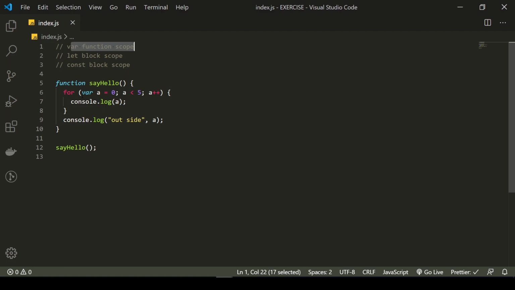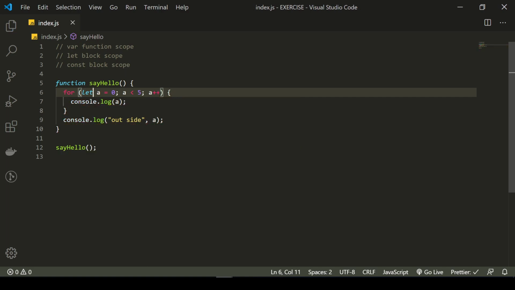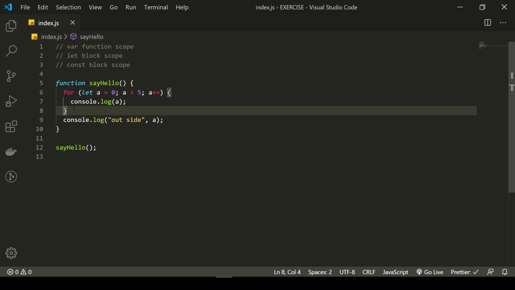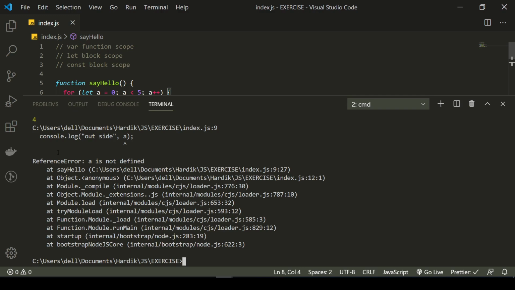So to overcome this issue, instead of var we can use the let keyword. In this case, this variable a will not be available outside of this for loop. So let's run this program again. See, we get the error, a is not defined.